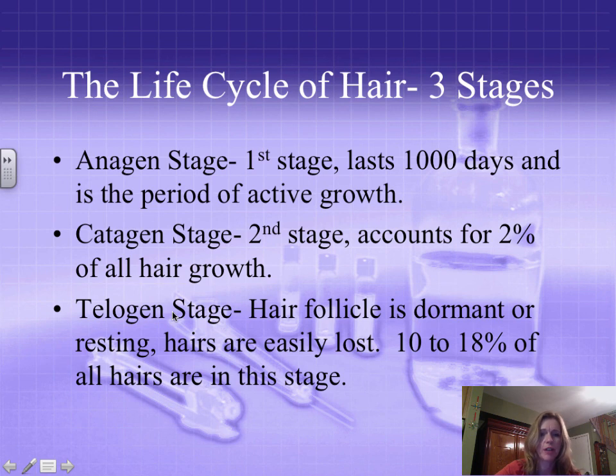So the anagen stage lasts the longest. This is a period of active growth. Catagen stage only accounts for about 2% of hair growth, and the telogen stage, this is where the hair follicle is dormant. So this is the point where hair is no longer growing, and this is where the hairs will